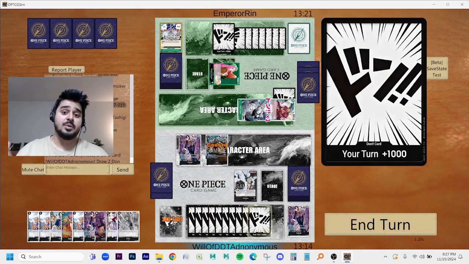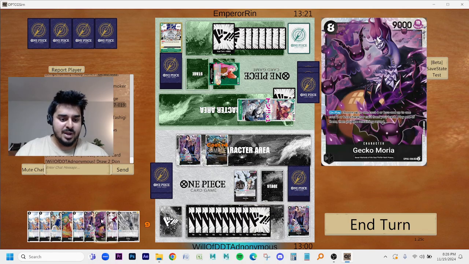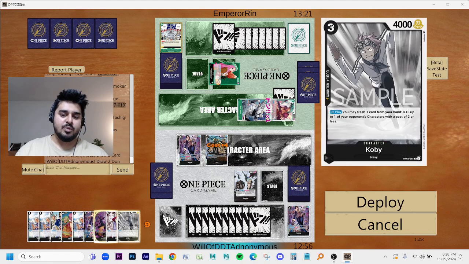So, again, this is kind of what we do when we don't have 10 cost Kuzan. Ideally, I like to see 10 cost Kuzan into Jack. That would be really good. 10 cost Kuzan would come down and pop the silly Bartho. Jack would activate and pop the Hody. Boom. Done deal. But since we don't have the Kuzan, our best bet instead is going to be Moria, Rebecca...